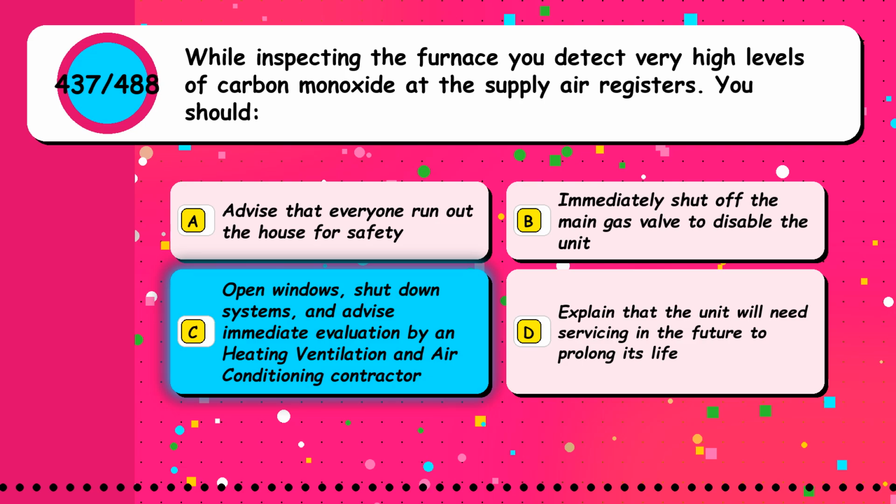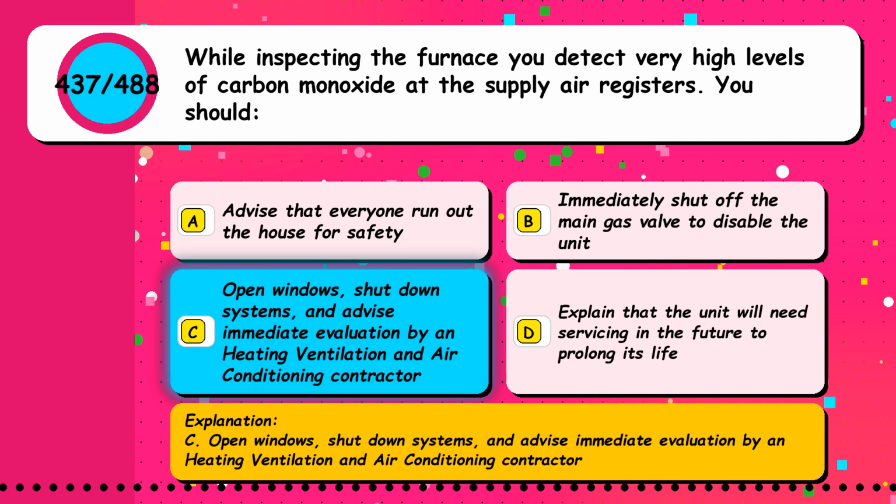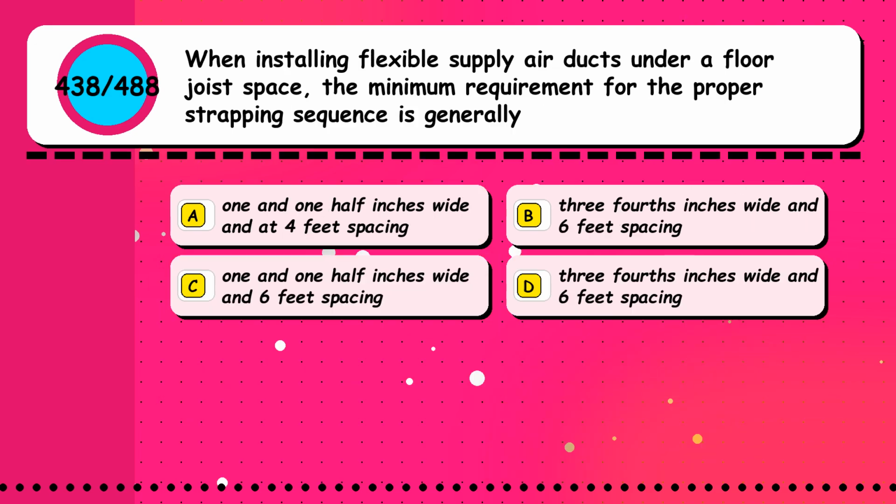The correct answer is option C, open windows, shut down systems, and advise immediate evaluation by a heating, ventilation and air conditioning contractor. Question 438. When installing flexible supply air ducts under a floor joist space, the minimum requirement for the proper